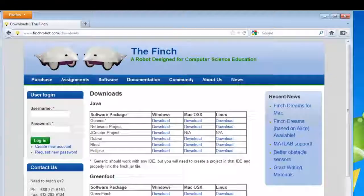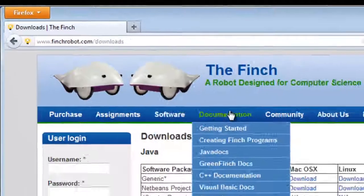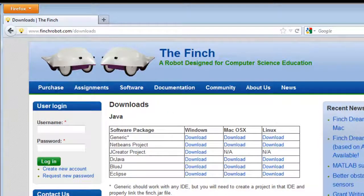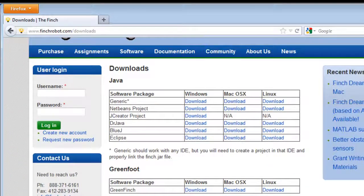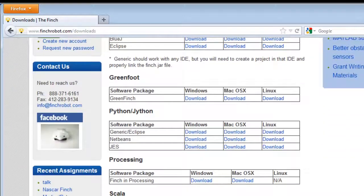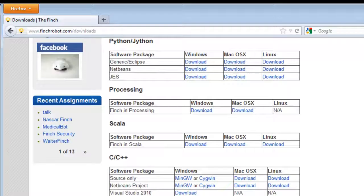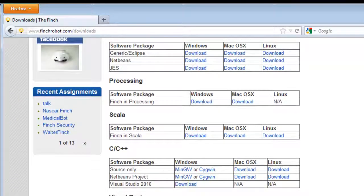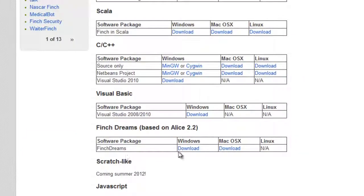To download Finch Dreams, go to the Finch Dreams downloads page, which is at www.finchrobot.com downloads. You'll notice that besides Finch Dreams, which is based on Alice, there's all other kinds of software that you can download to work with the Finch robot: Java, Greenfoot, which is a Java-based package, Python, Jython, well, it's actually a Jython package, Processing, Scala, C or C++, and here's Finch Dreams. So let's download it for Windows,